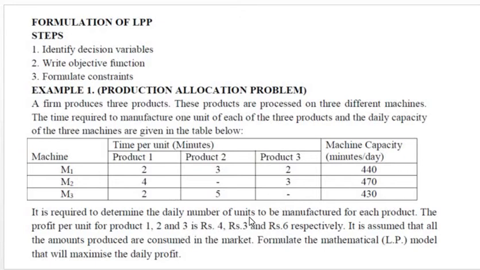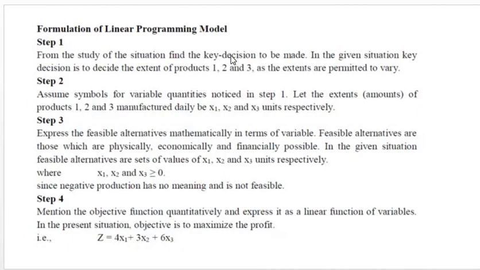It is required to determine the daily number of units to be manufactured for each product. The profit per unit for products 1, 2 and 3 is rupees 4, rupees 3 and rupees 6 respectively. It is assumed that all the amounts produced are consumed in the market. Formulate this as a linear programming problem which will maximize the daily profit. So in the formulation,